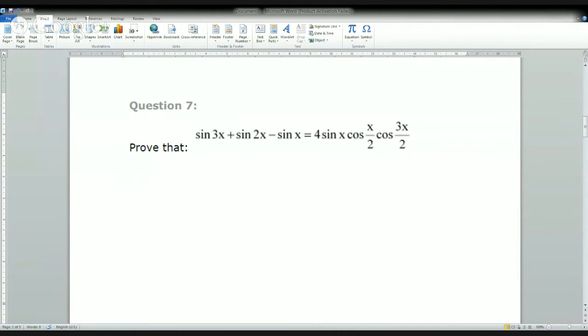So what do we need to prove? We need to prove sine of 3x plus sine of 2x minus sine of x is equal to 4 sine x cos of x by 2 cos of 3x by 2. So let's take the left hand side. So we have sine 3x plus sine 2x minus sine x. Now